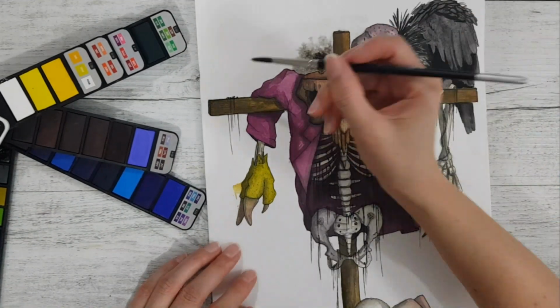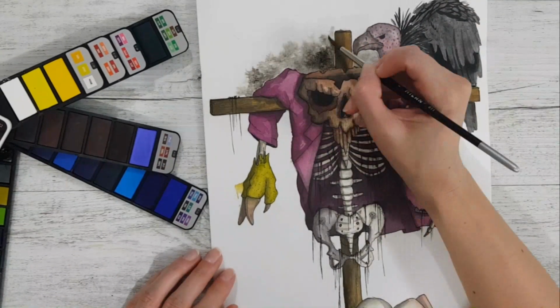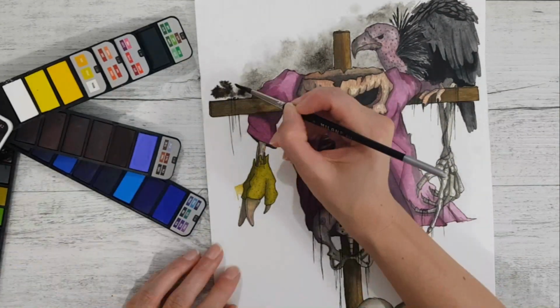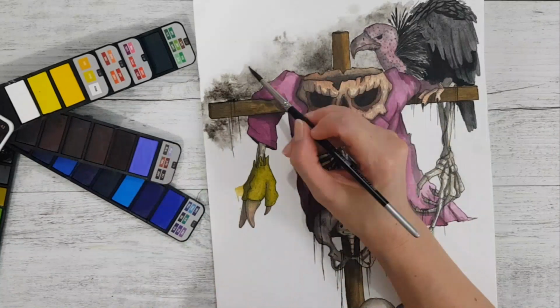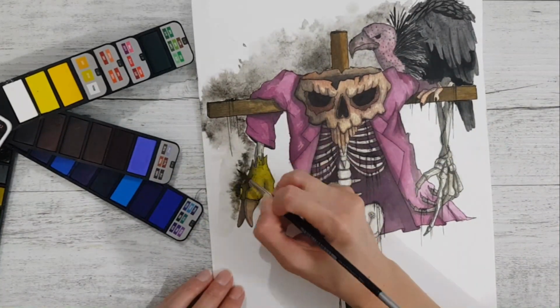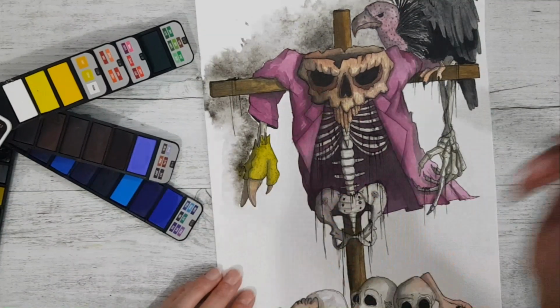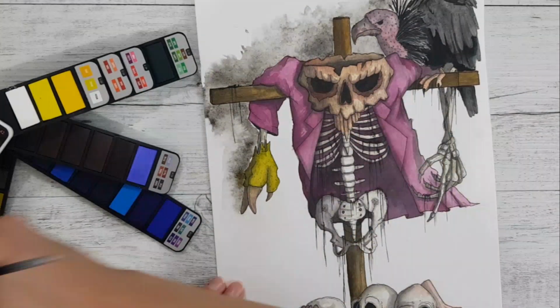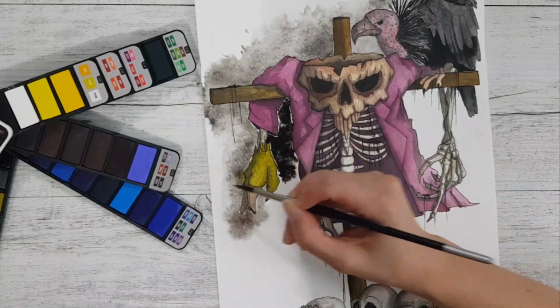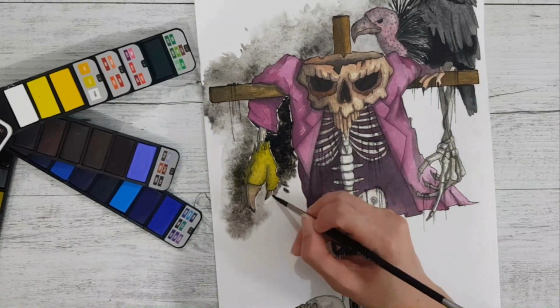Another thing that I was really impressed about too was the pigments. Like that monster green that I mixed up was absolutely just to die for, and it was so vibrant. And yeah, I can see myself using this palette a lot. So it's just nice. I honestly,